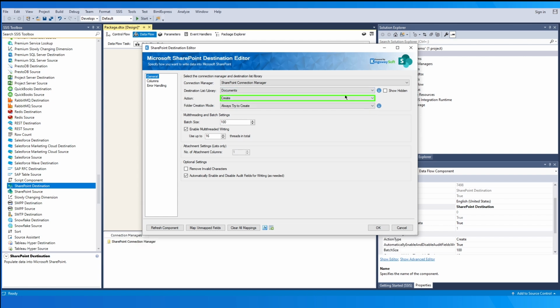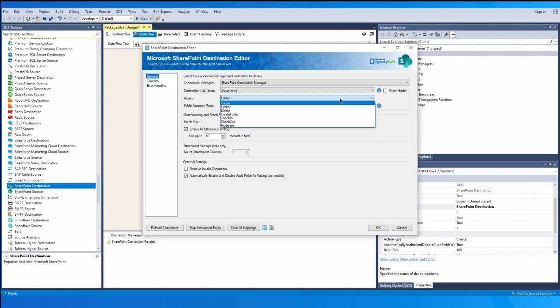The Action option allows you to specify how data should be written to the SharePoint server. There are currently 7 supported action types available: Create, to create new records in SharePoint; Update, to update existing records in SharePoint; Delete, to delete records from SharePoint; Create Folder, that creates folder structure without writing any records or documents in SharePoint; Check-in, which checks in records in SharePoint; Checkout, to check out records in SharePoint; and Moderate, to perform